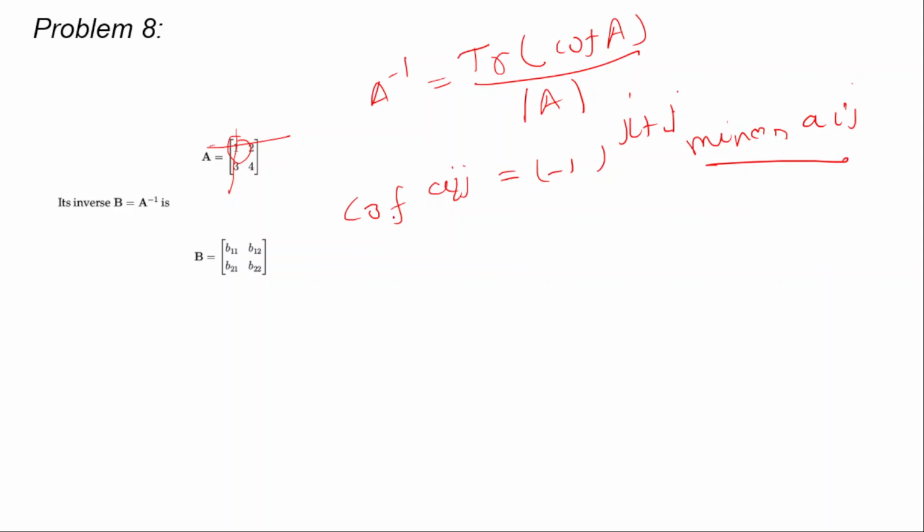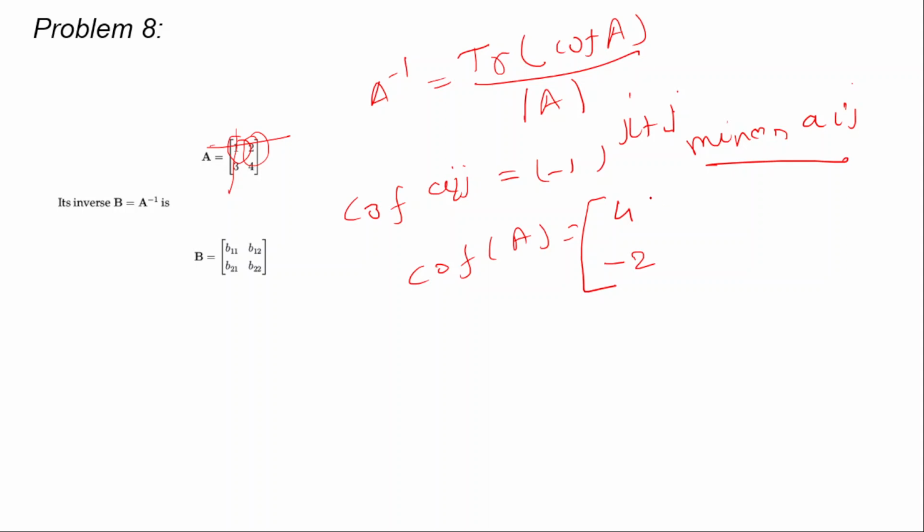So now let's calculate for this. The cofactor matrix of A will be equal to, for the first element, if we remove this row and column, it will be 4, and the sign with this is for the 2 2 element. So this is 1 1, this is 1 2, this is 2 1, this is 2 2, this is 4, so this is even, so the sign will be the same and it will be 4. Now for the 1 2 element, the sign is negative because 1 plus 2 is 3, it's odd, so the cofactor element will be -2.